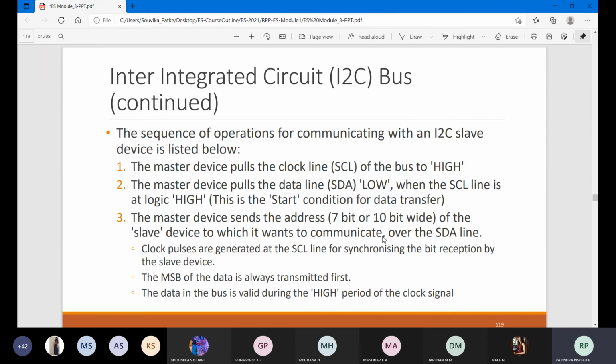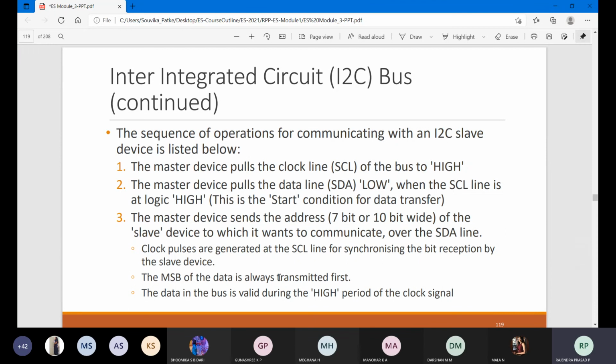The master sends a 7-bit or 10-bit wide address of the slave device with which it wants to communicate, whether slave 1 or slave 2. The pulse should be synchronized with the slave device.